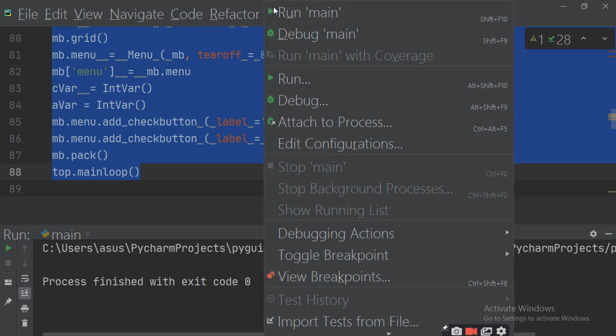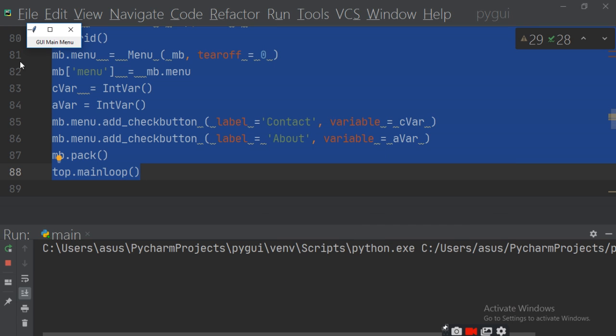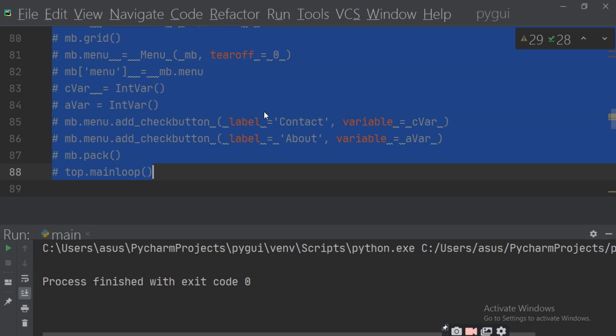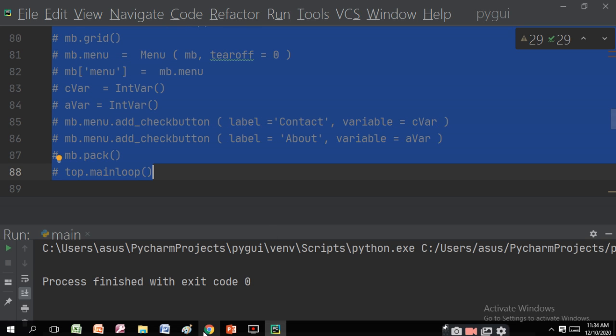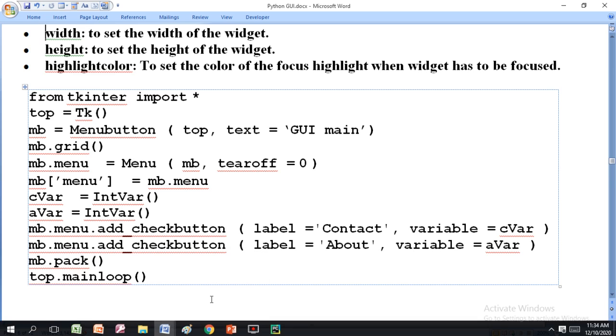So run this. There is a main menu, then contact or about, whatever you want to use. You are just making the interface, not the running interface. It is only just an interface GUI. And next comes